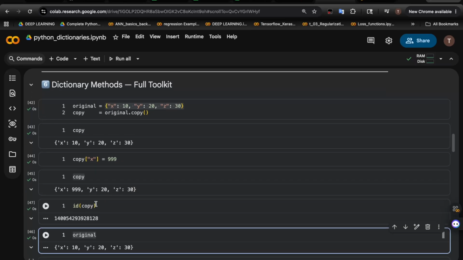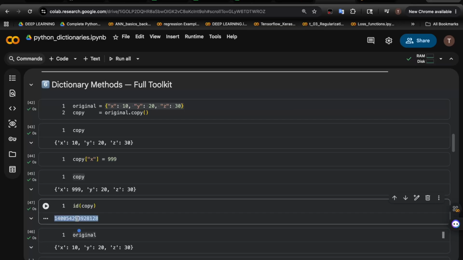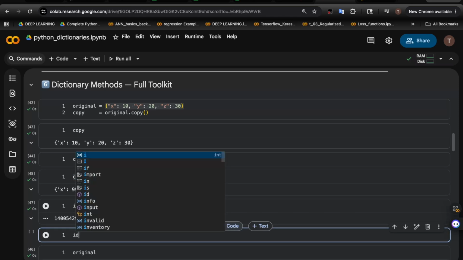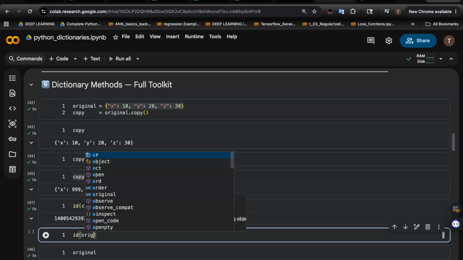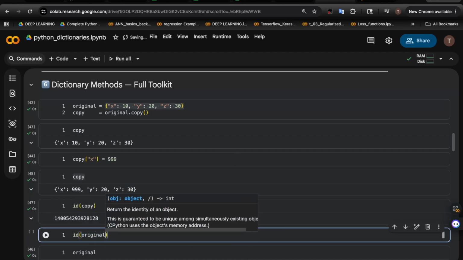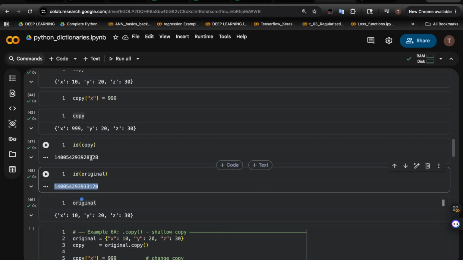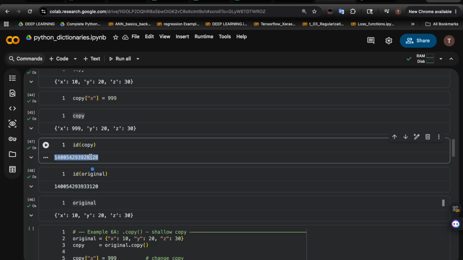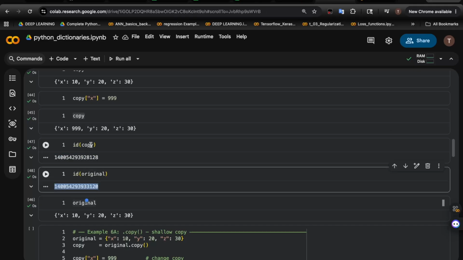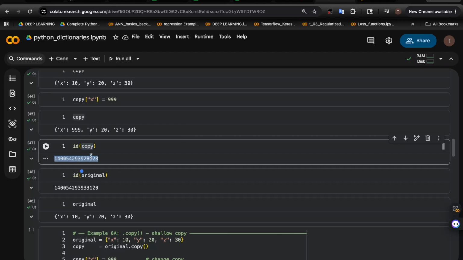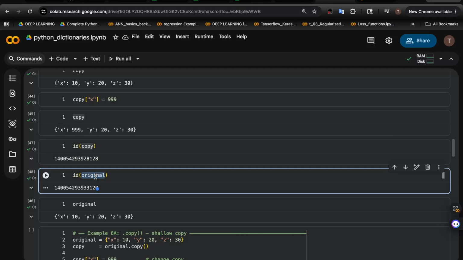Python stores everything in memory, right? This is the memory ID of the copy variable, I mean the copy variable which has the dictionary. And if I show you the memory ID of original, are they the same? They are not the same. That means it has created a different memory location, and that is why